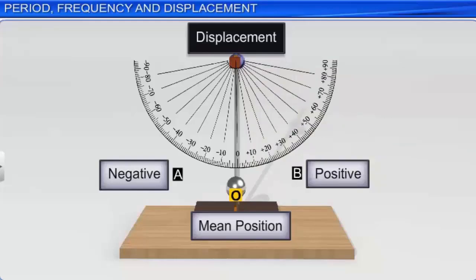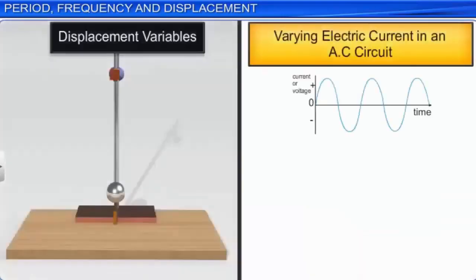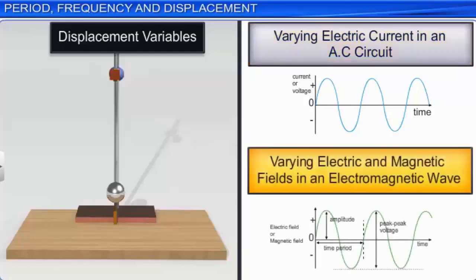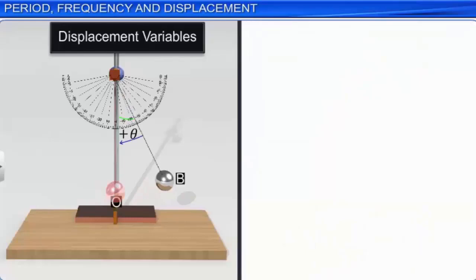The varying electric current in an AC circuit and varying electric and magnetic fields in an electromagnetic wave can be considered as displacement variables. Since the displacement in periodic motion varies periodically with time, the displacement theta can be expressed as a periodic function of time, like f of t is equal to a cos omega t, where omega is the angular frequency measured